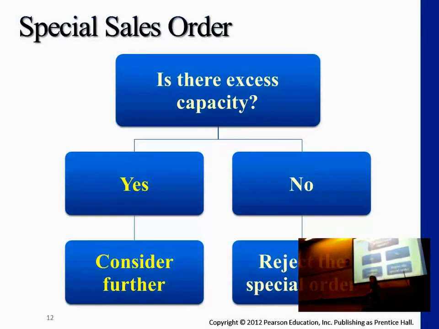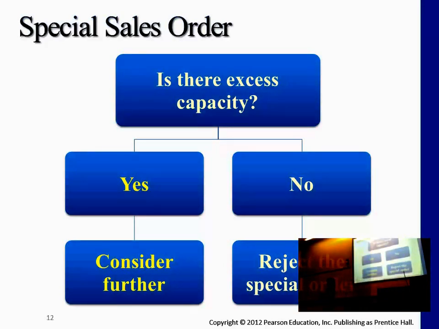Remember, the first consideration was whether or not the business has enough capacity to actually accept the order. Remember, I went over a copier business. If you have 3 copy machines, for example, all 3 of them can copy 36,000 pages. If a special order comes in that physically exceeds your capacity, then the first question is no, and we're not able to meet the customer's requirement, right? If it's yes, what would be the next question? Do we actually get a profit out of it, right?